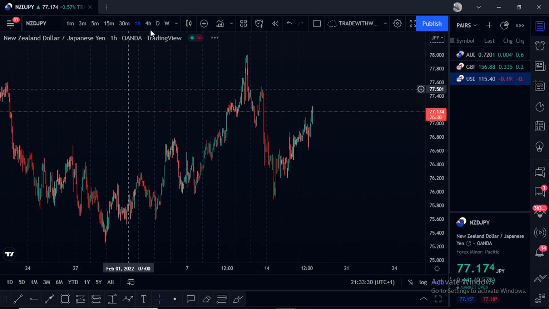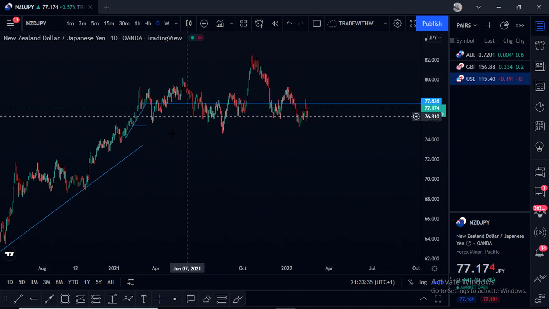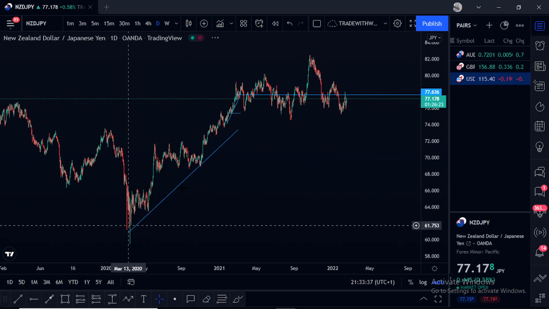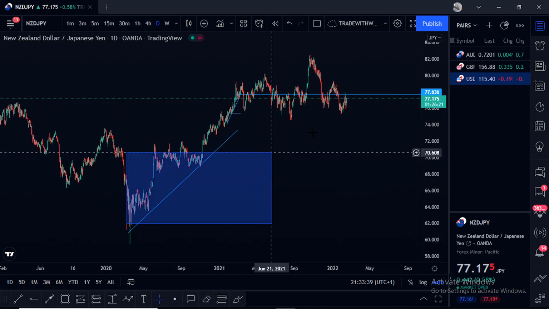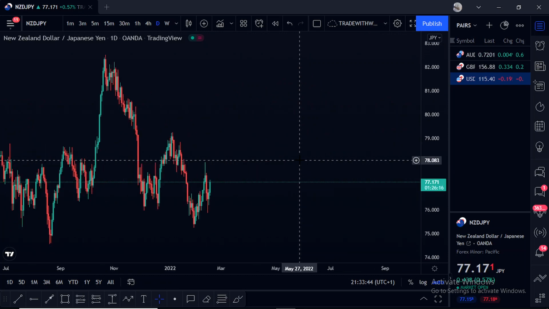Now, how to identify demand and supply. Some people always say, this is what I always trade, retail trading. You can see I still have trend lines here, but we don't need that anymore. Now, some people always ask, what's the difference between